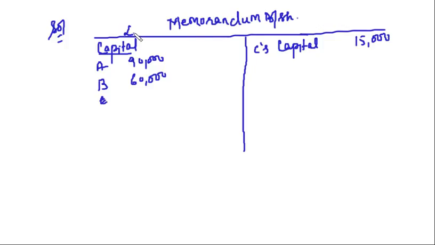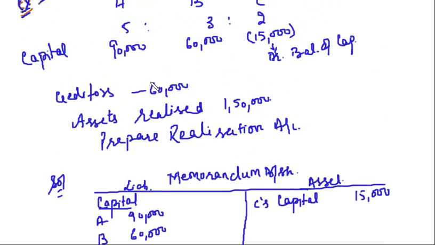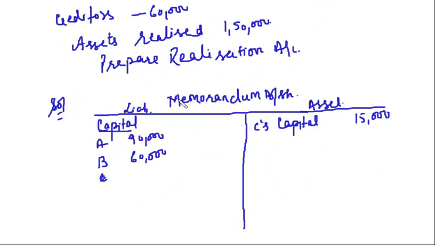So this is our liability side and this is our asset side. Like you prepare the normal balance sheet, we name it as memorandum balance sheet on the date of dissolution. Right? We are given the capitals. What else we are given? We are given the creditors of 60,000. So we'll write on the liability side creditors. This total is 1,50,000,